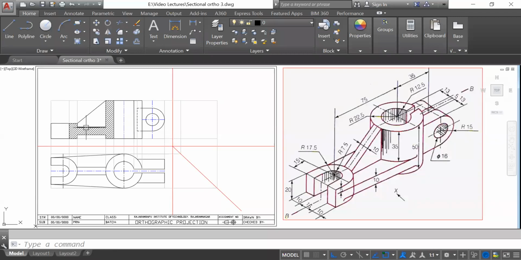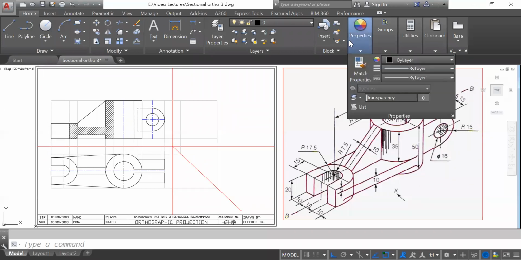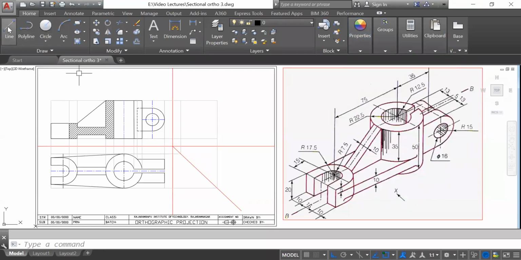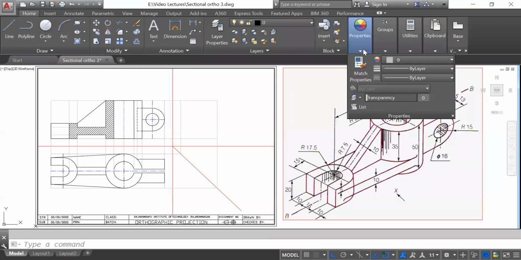Now, whatever I am talking about here, that when we take a cut, this part is removed, but one more part is remaining here, and that would be hidden. So we can show the hidden line for that part up to the end. So how we can show that one? So I will take this part from this side. I'll just take the projections, and on that line you can show the hidden lines.